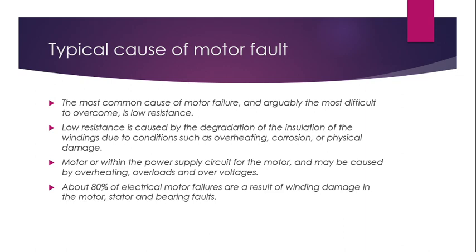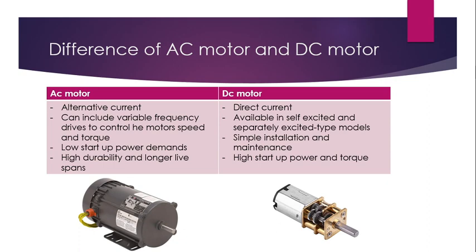bearing fault. Okay, for the differences between AC motor and DC motor, there are four. Alternating current for AC motor can include a variable frequency drive to control the motor speed and torque, low startup power demands, high durability and longer lifespan. For DC motor, the advantages are different. For DC motor, direct current is available in self-excited and separately excited type models, simple installation and maintenance, high startup